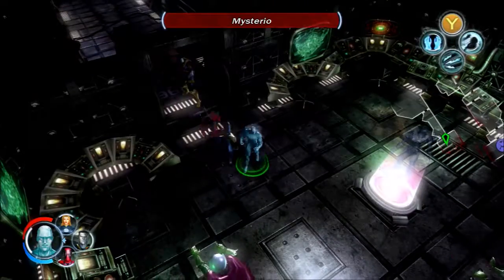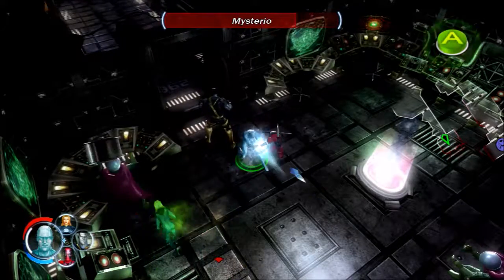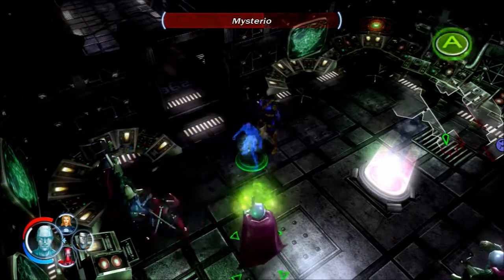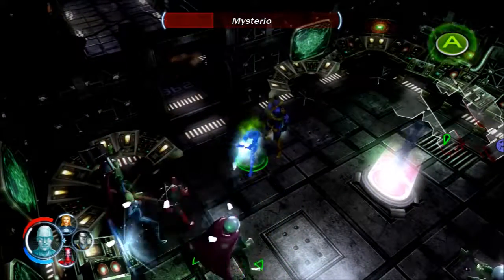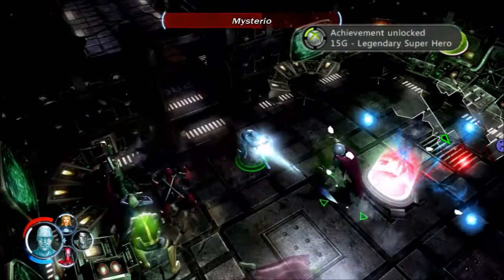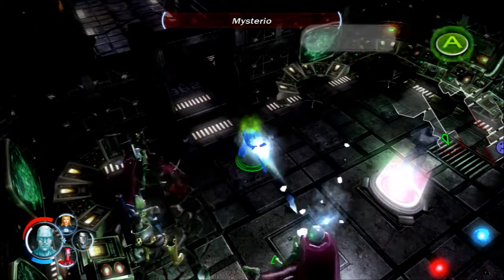Alright, so now we're fighting Mysterio, or should I say we're fighting several Mysterios. And you need to beat them one at a time in order to whittle them down to figure out who the real Mysterio is. Spoiler alert, it's the last one that you kill. Right, looks like we finally killed like 100 enemies, which is why we just,